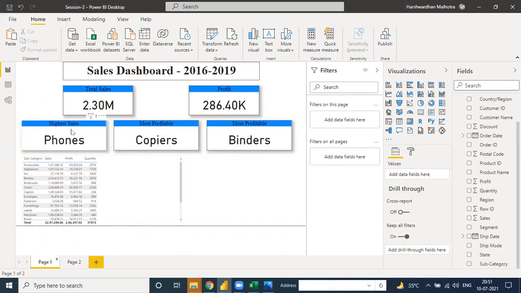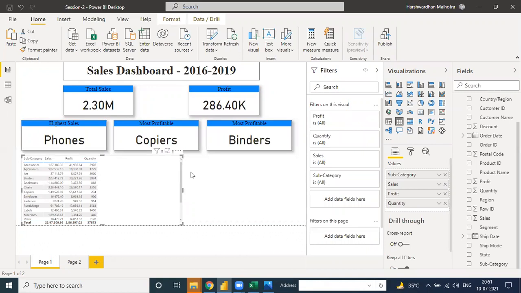You can directly make this kind of card and do one time calculation, and your data is ready. Is it okay? Any doubt?